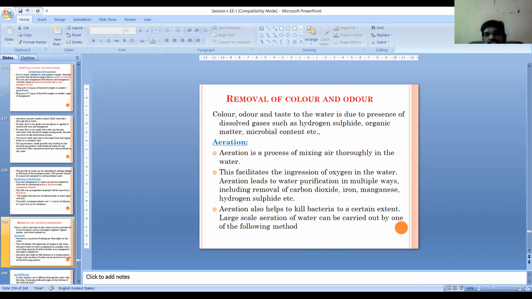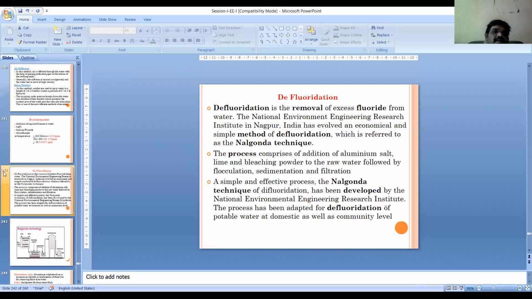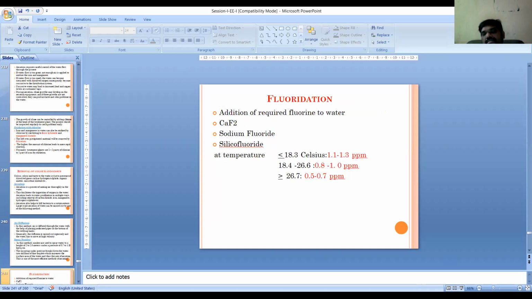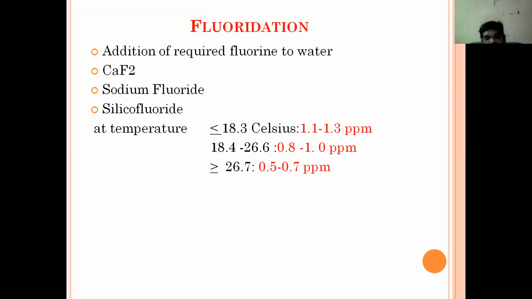In all the previous classes, we learned different treatments where we can remove the unnecessary components and also the required components if they cross their permissible levels. This is fluoridation. We discussed already in this 5th unit. Adding of fluorine. We are increasing the fluoride concentration in the water with the help of